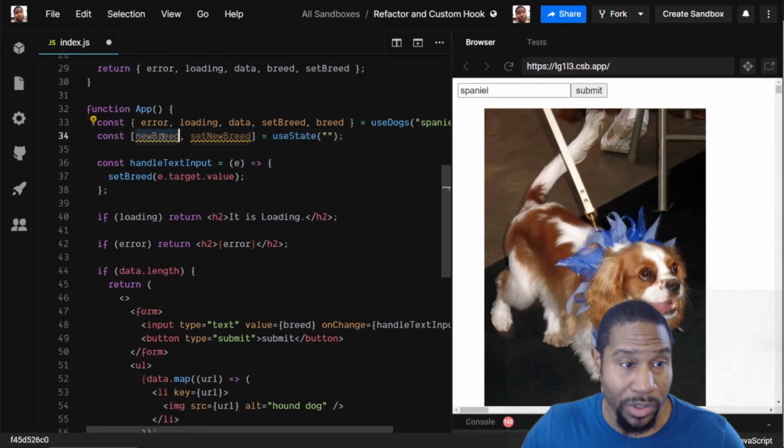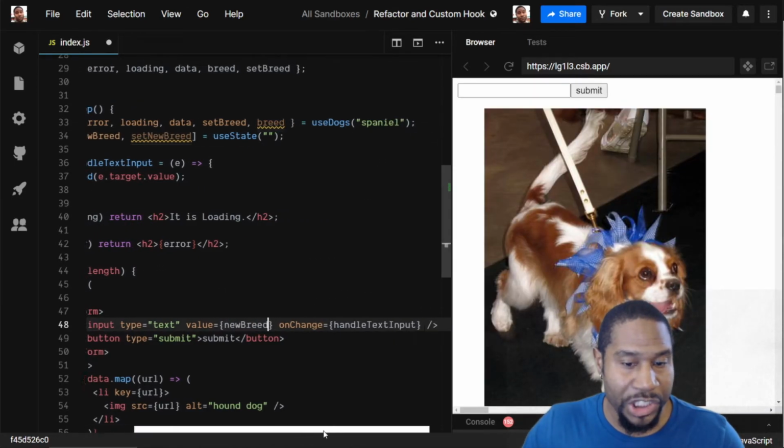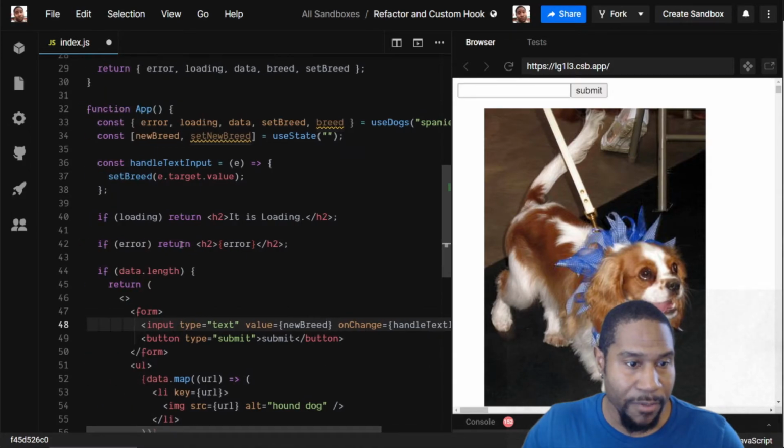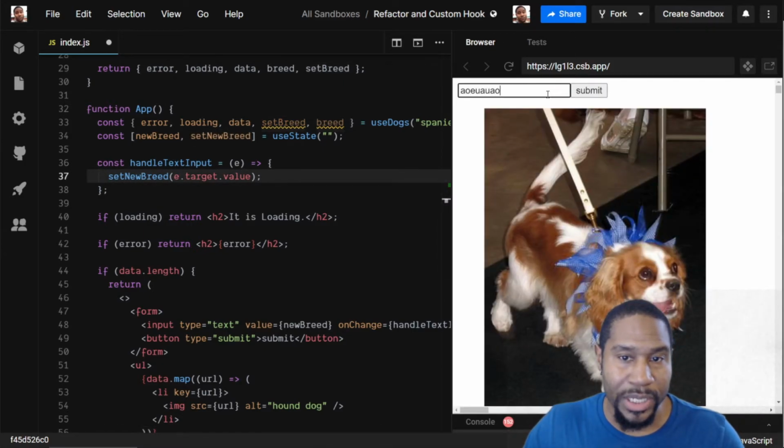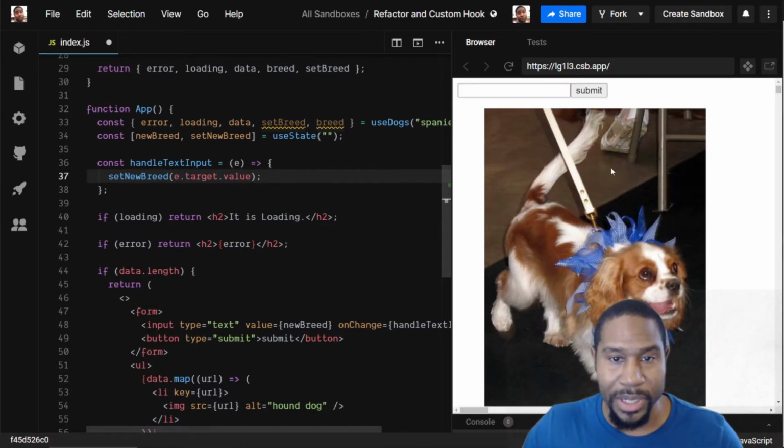And this is what we'll use for the value of our text input. And when we change the value of that text input, we will call set new breed. All right, so now we can change this value, but it doesn't do anything, and hitting submit breaks everything because